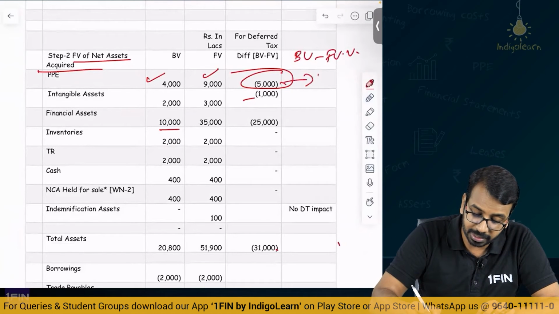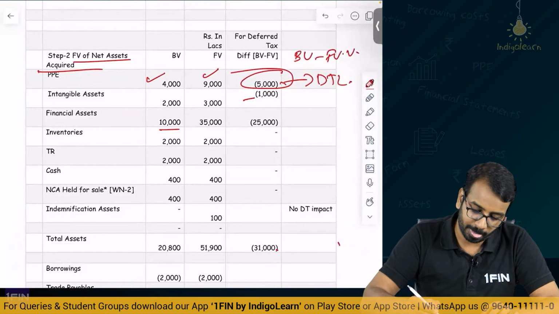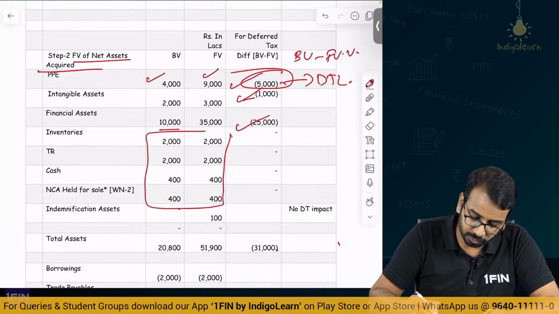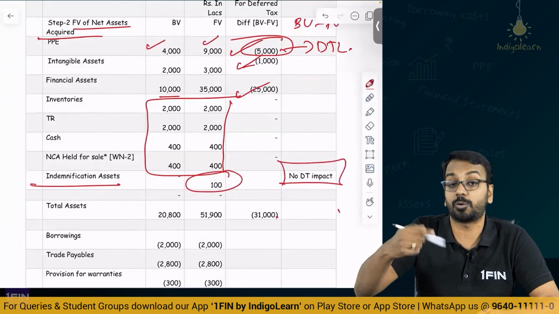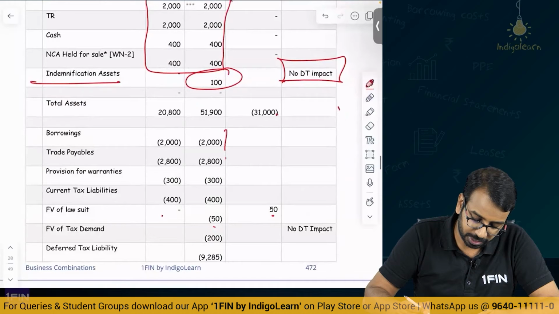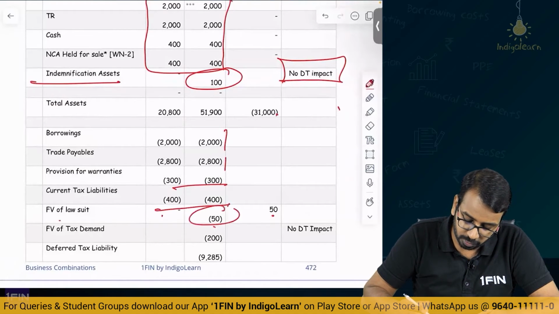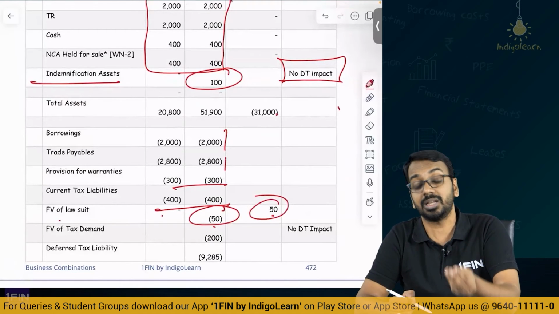If it is a negative number, this will create a DTL. If it is a positive number, it will create a DTA. So, DTL, DTL, DTL, and for all of these there are no changes. Indemnification asset 100. There is no DT impact because the question says there is no income tax consequence. Total assets done, then borrowing, trade payables, provision for warranties, current tax liabilities, fair value of lawsuit, a new item